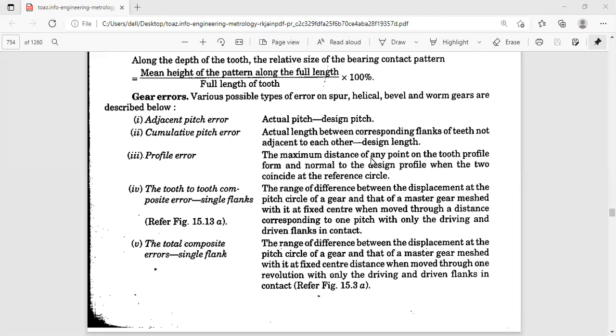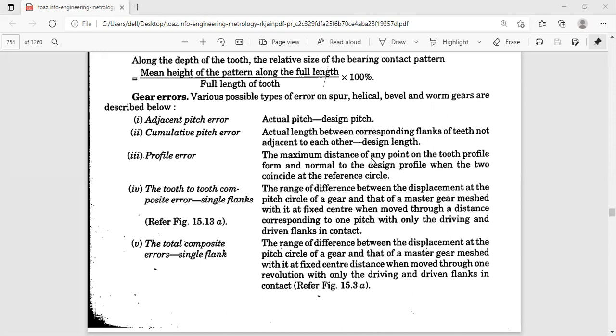So what is profile error? We'll try to see all this. You'll know better when we go for the profile measurement, or else we'll try to repeat this particular thing again, because errors in gears are actually not there in the syllabus, but previously in other regulations he has asked in the short answers. So that's why we are taking it, because just discussing errors is of no value. Whether it is in the syllabus or not, it will be useful somewhere.